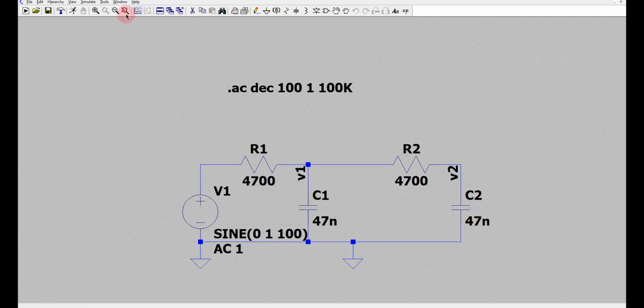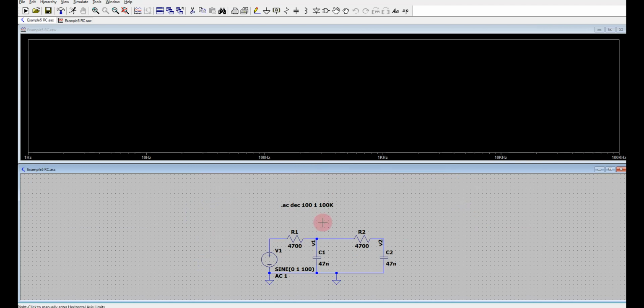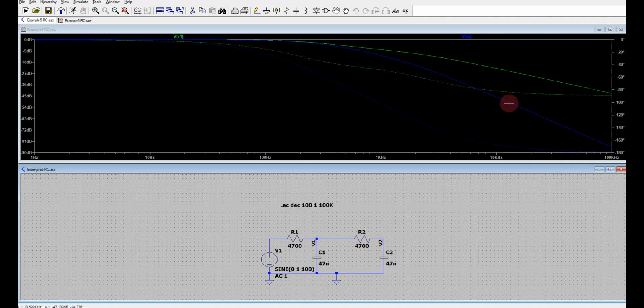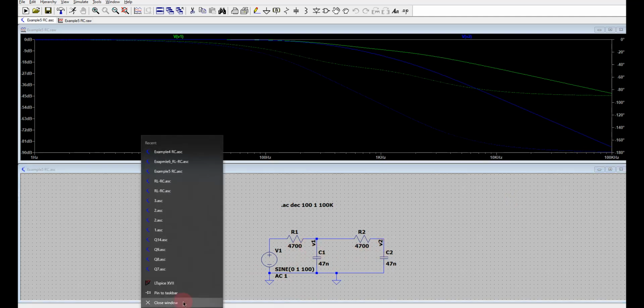Now this is a two-stage filter. If I do a simulation and plot the first one, this is how the filter is behaving. Now I have two sets of filters which are cascaded. This blue line, compared to the green line, is different. The green one is 20 dB per decade, and this roll off is much better, it is 40 dB per decade. So it has much better selectivity. That is the advantage of having a second order filter.